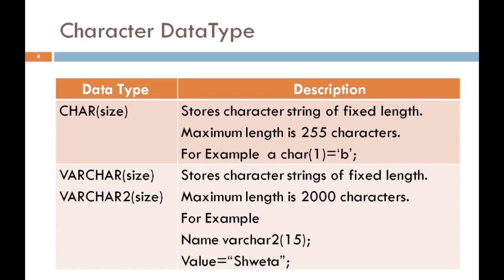But the main difference between varchar and varchar2 is memory space. Varchar2 occupies fewer characters, and that's why in a varchar memory may be wasted, while in a varchar2 memory waste does not happen. How does it not happen? Let's see an example. Suppose name is a column name which has a data type varchar2 with a 15 character